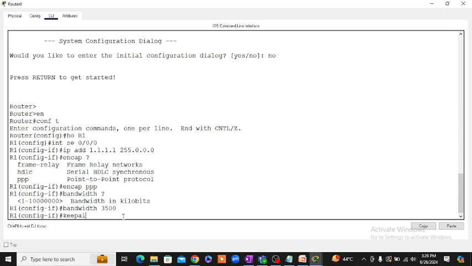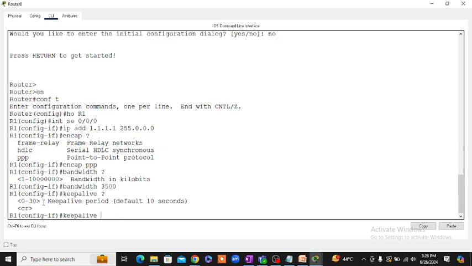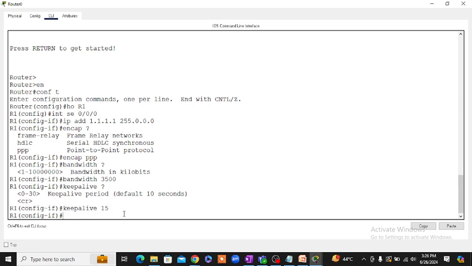You will type keepalive. Press question mark. In this tool, you can assign any timer within this range, like 0 to 30 seconds. 10 seconds is configured by default. Let's say I'm going to take it as 15 seconds, but in a real router you may get more range. Hit enter. And clock rate,